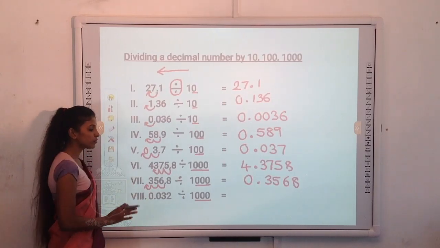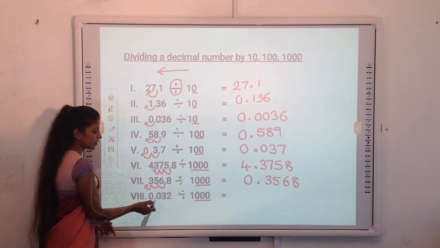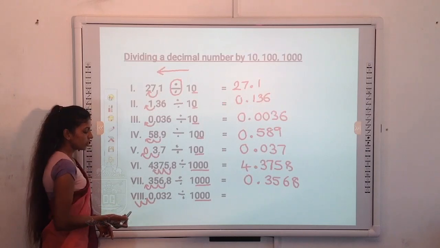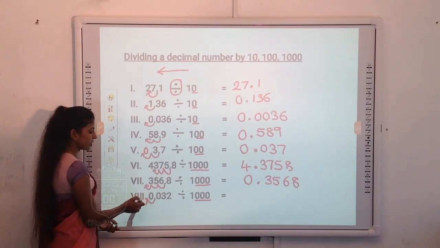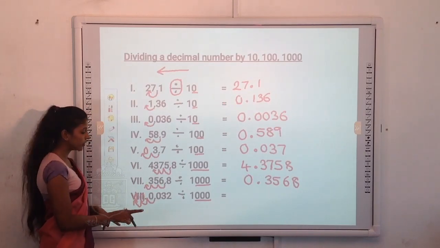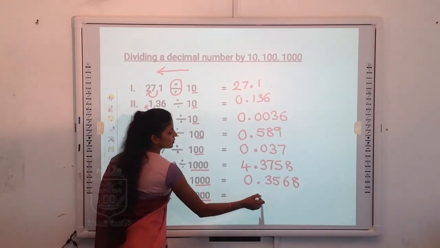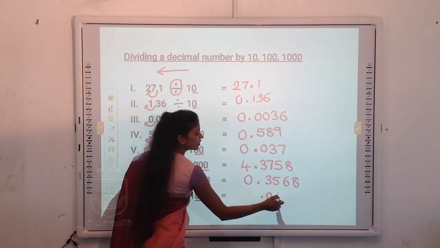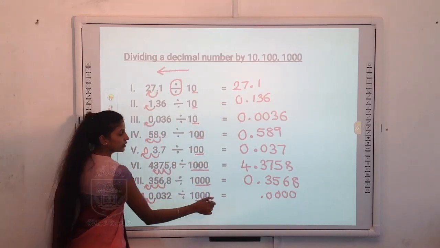Therefore, 3 moves should be taken from the initial point to the left. So you all can see you should take 3 moves here. 1, 2, 3. So no numbers, you have to add zeros accordingly. So you can add a 0 here, another 0 there. So altogether, count the zeros. 1, 2, 3, 4. There should be 4 zeros in your final answer after the point. 4 zeros and 3, 2.